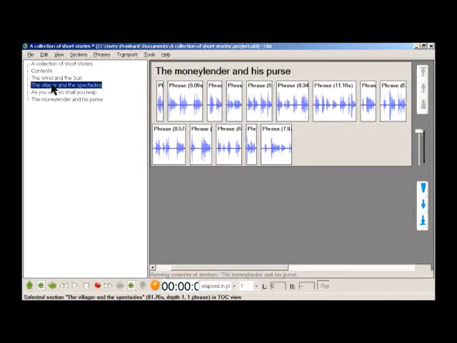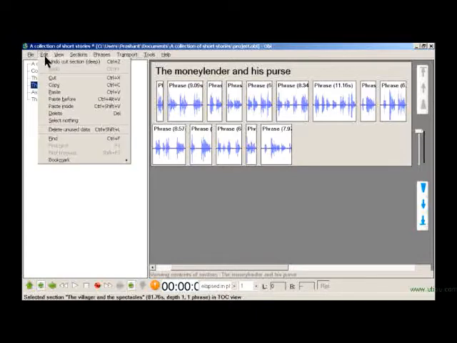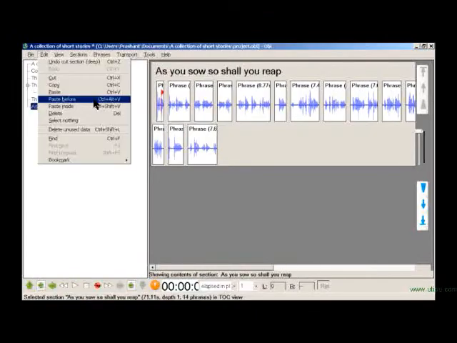Now to paste the section that you have cut or copied after the selected section, click on paste in the edit menu. To paste the cut or copied section before the selected item, click on paste before in the edit menu. The keyboard shortcut is Ctrl+Alt+V. If you want to paste the item as a subsection of the selected section, then click on paste inside, and the keyboard shortcut for this is Ctrl+Shift+V.